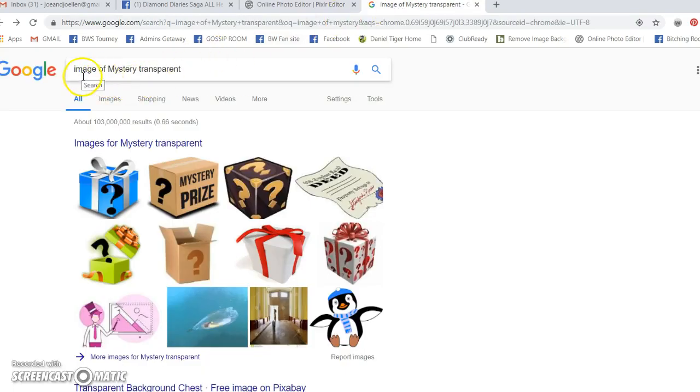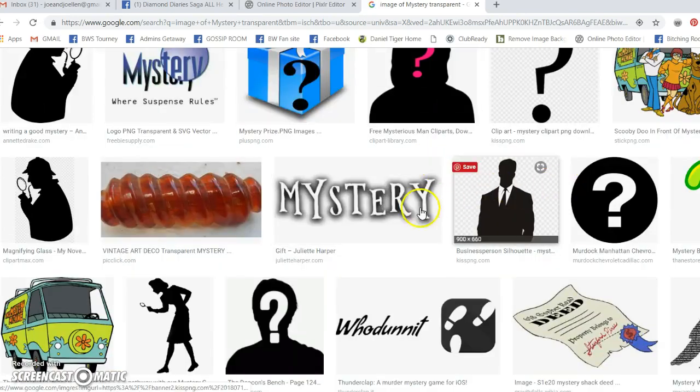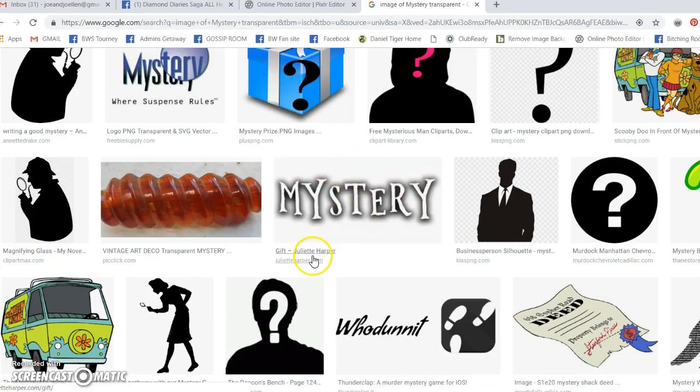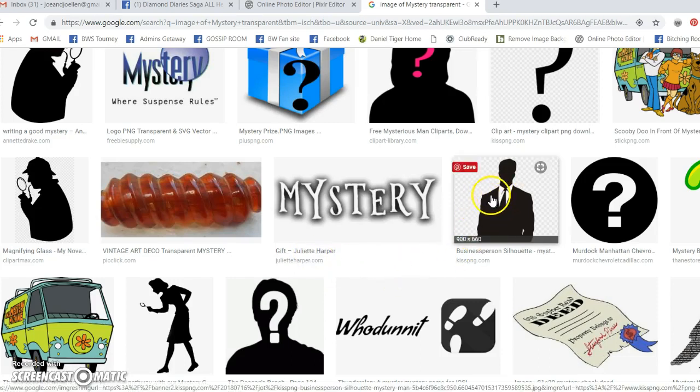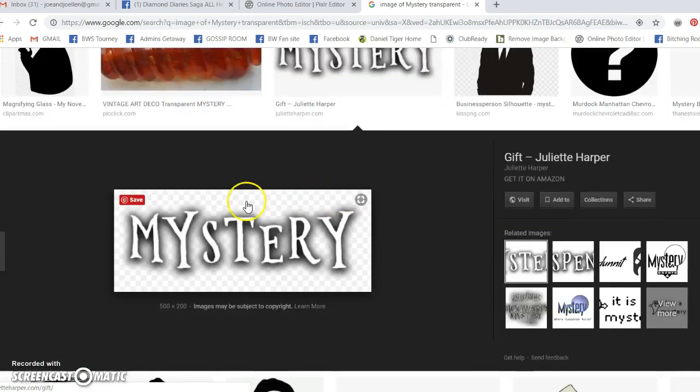What I did is I Googled image of mystery transparent. And I'm going to hit this. And we're going to go find the word mystery. Here's the one that I showed you a while ago. And it doesn't look like it has all those little dots, which is what you want. If you hit this, it's not going to be a transparent because you can see the dots. But if you hit it, the little squares